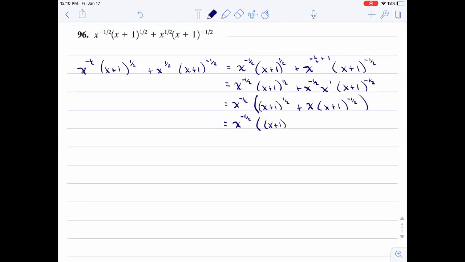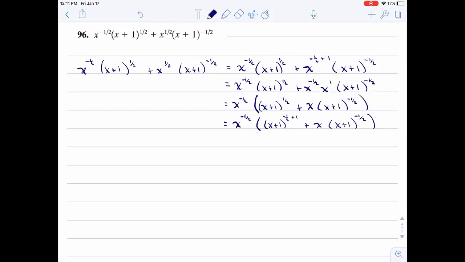I'm going to rewrite the 1/2 as negative 1/2 plus 1, plus x times x plus 1 to the negative 1/2. So now,